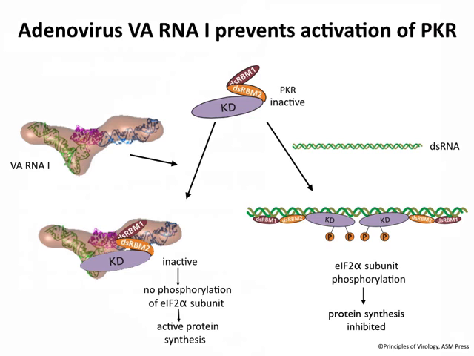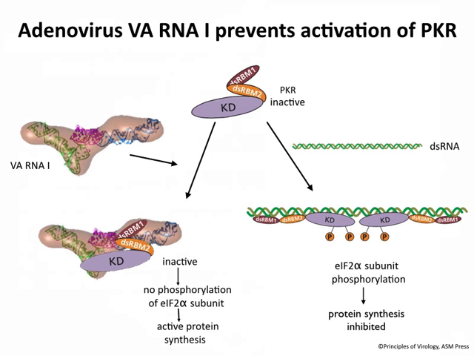This is adenovirus. Adenovirus infects the cell. It makes double-stranded RNA because it's a double-stranded DNA virus that you get transcription of both strands. That RNA, double-stranded RNA, activates PKR early in infection. But then the virus makes a small RNA called VA-RNA-one. This is a Pol3 synthesized RNA. It is a highly structured RNA. It's shown here. Its structure was recently solved. And this RNA has the property of binding only one molecule of PKR. Only one. And so PKR can't activate another PKR.